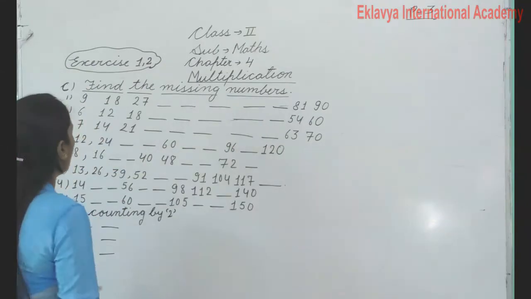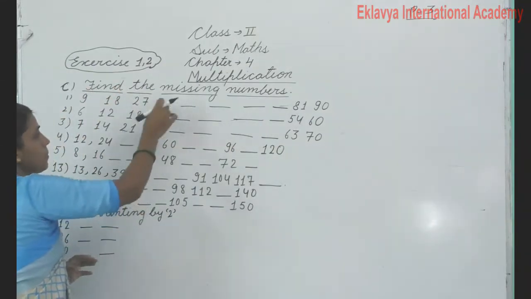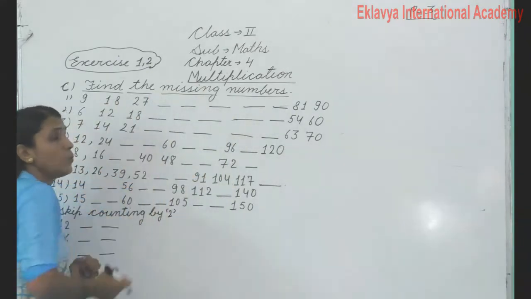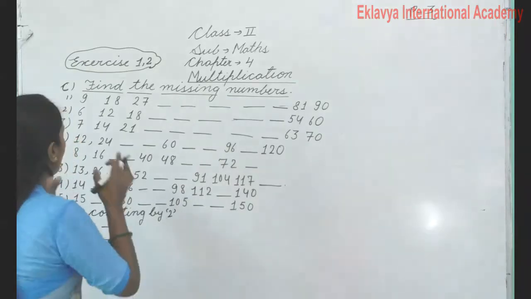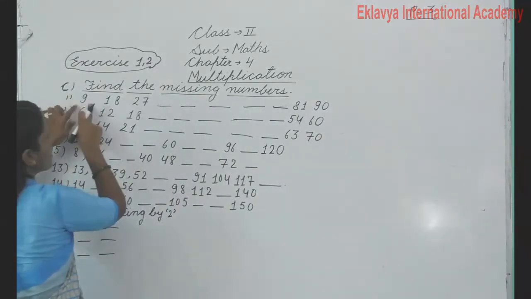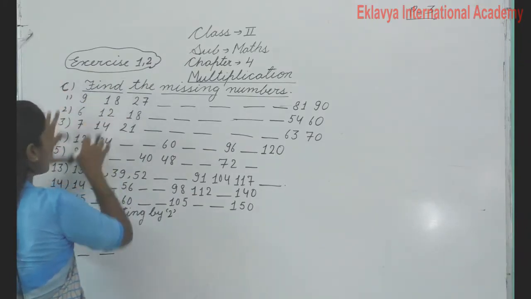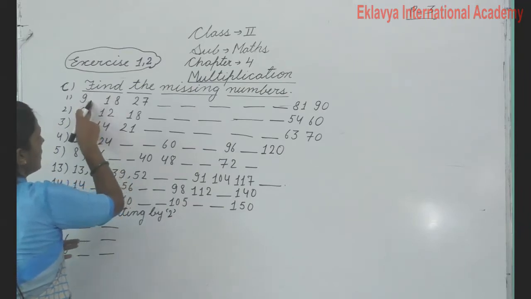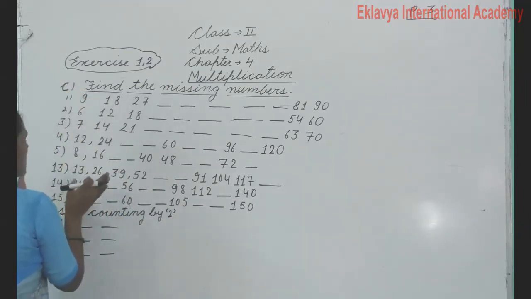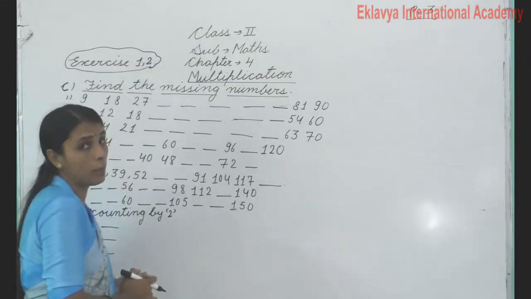Students, I have given some questions here, and some answers are missing. You have to fill them in yourself. First of all, we will read it. Listen, students, we will check the first question. First of all, you have to check what this is. Yes, we can see that all are like this according to the table. Okay, we will complete it according to the table.